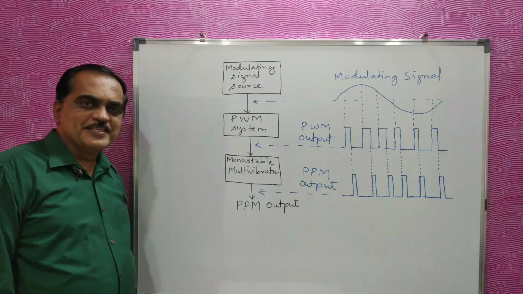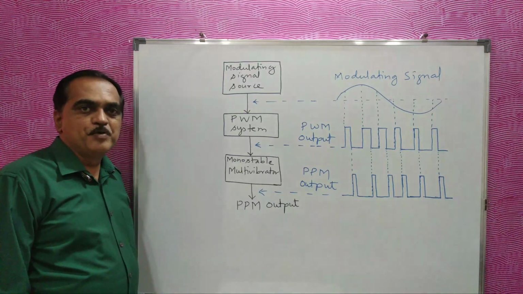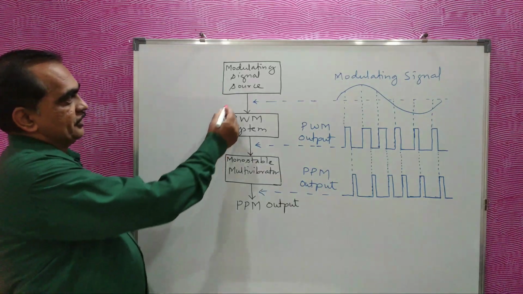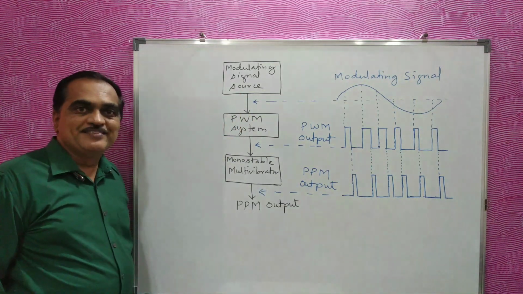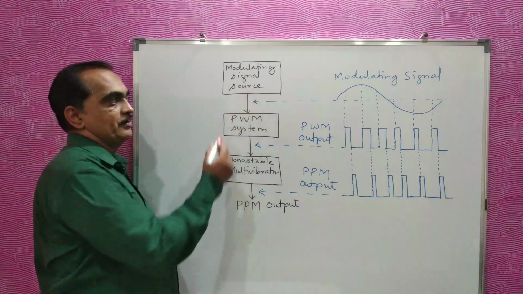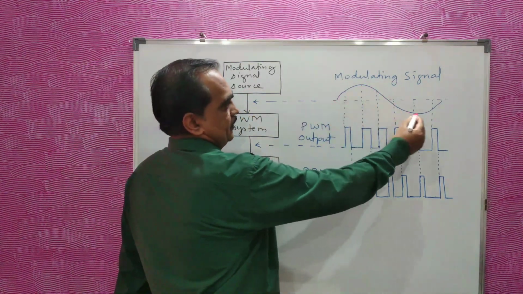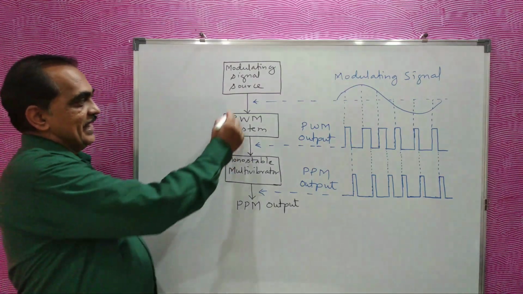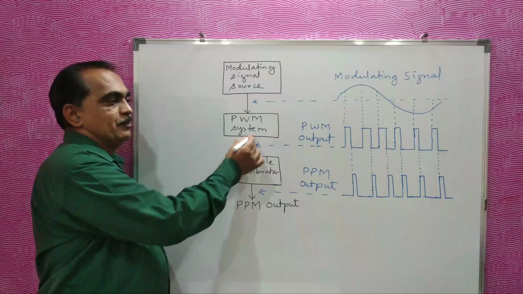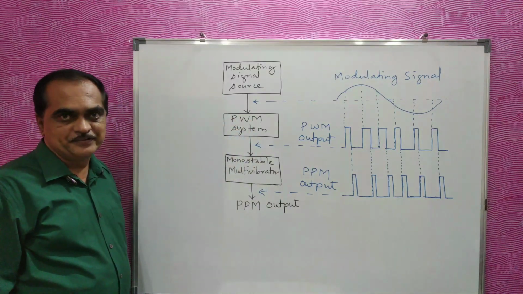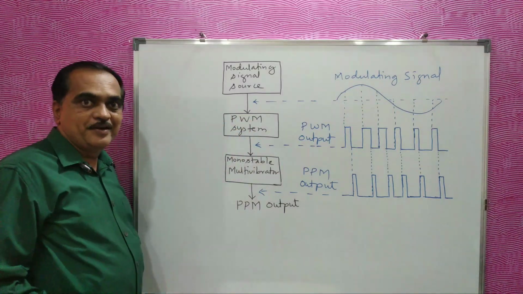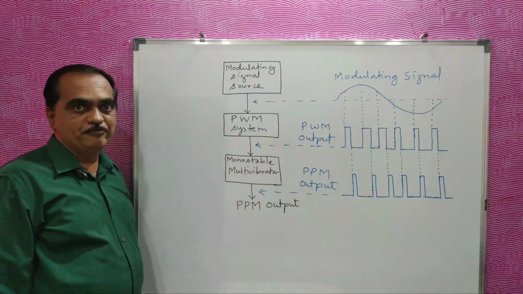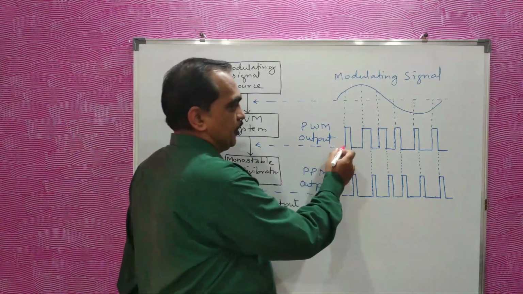Now students, we will see how we generate a PPM signal. So here you can see the block of it. The first block shows the modulating signal source. It is going to generate an analog signal like this. This is the modulating signal, which is your information signal. Then that will be converted into a PWM signal by using a comparator. Okay, a comparator and ramp waves you are going to use, and you are going to generate a PWM wave. So here you can see your PWM wave.